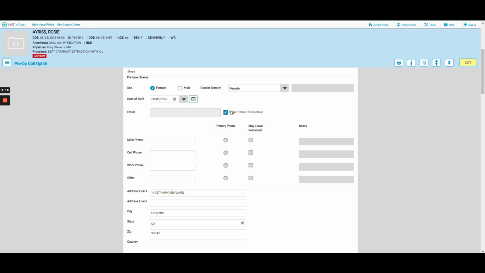In this area, you would enter the main phone, the cell phone, the work phone, and any other phone number that is important to the patient. You can select it as a primary, and you can format that phone number so that it populates in the exact way that your center likes to see them. You can also add a note here that says that it is the husband